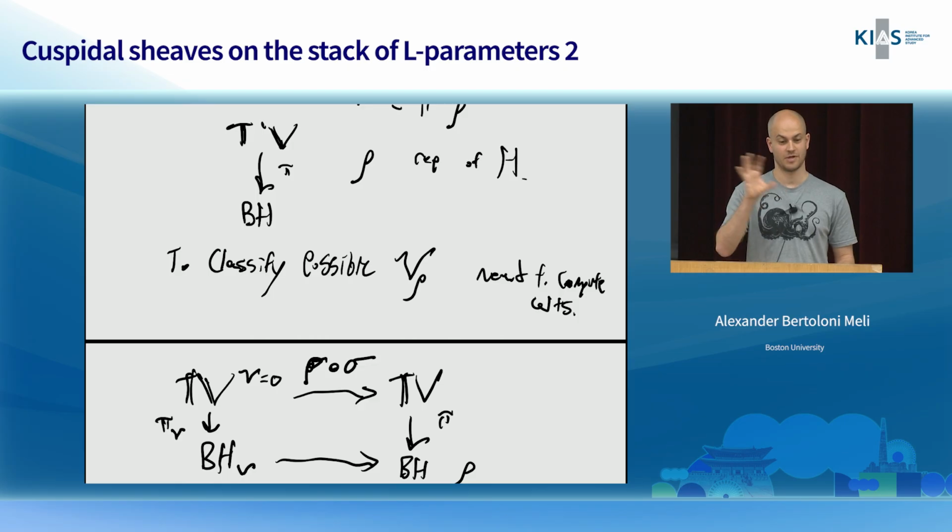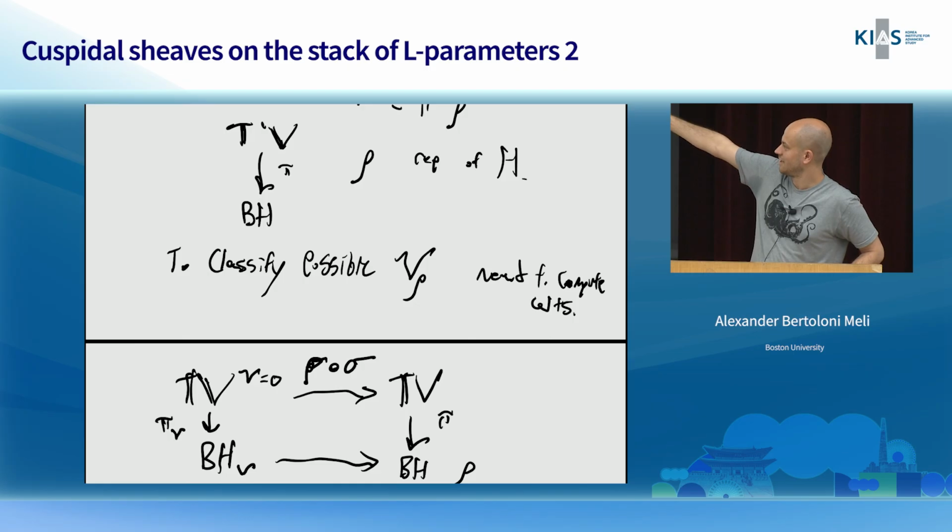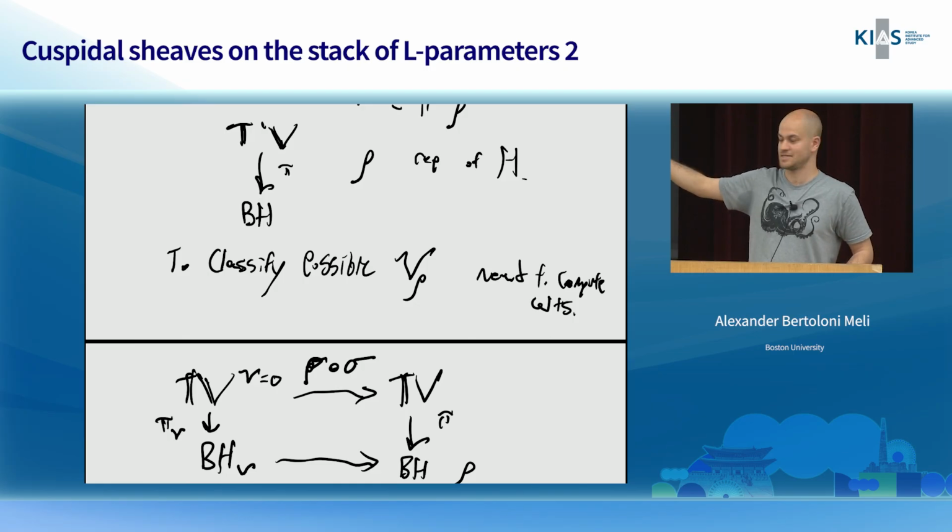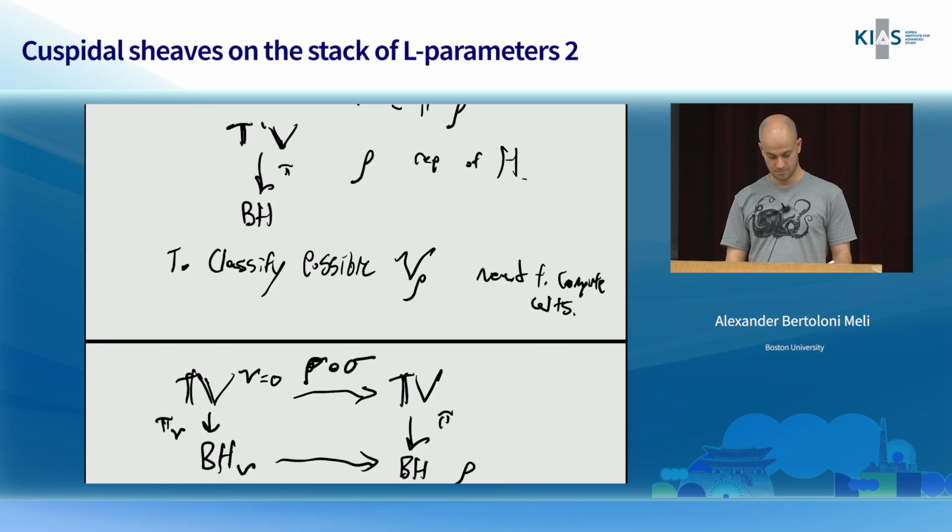So firstly, computing the weights on the nu greater than or equal to 0 thing by some functoriality is the same as computing weights on the nu equals 0 thing. So we really just need to compute weights on the Levi. And so then what we're really trying to do is take rho, pull it back to the cotangent stack, and then pull it to the Levi and compute the weights there. But this diagram commutes, so it suffices to compute this way. And because this left vertical map is equivariant with respect to G_m actions,